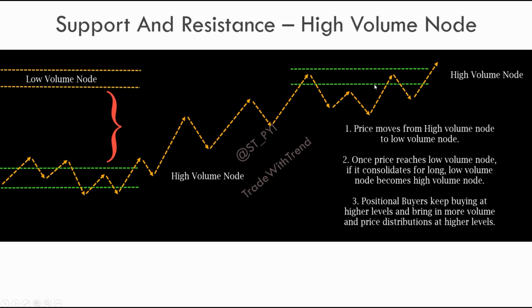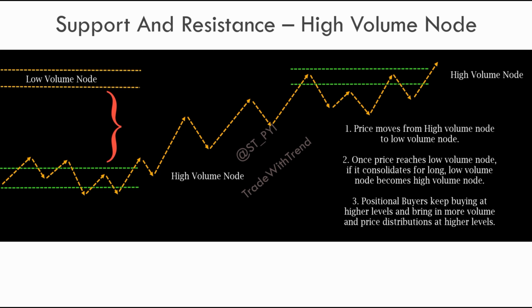And then again price rotation begins. In case the trend is strong, it will just zoom past this level and gravitate towards the next high volume node. But in case the trend is not strong, then price again rotates here, and this low volume node which we saw during this phase now becomes a high volume node. Why does it become a high volume node? Well, the amount of trading activity that has happened here brings in more buyers and sellers in this region. So this is how the concept of price moving from low volume node to high volume node and then from high volume node to low volume node actually works.